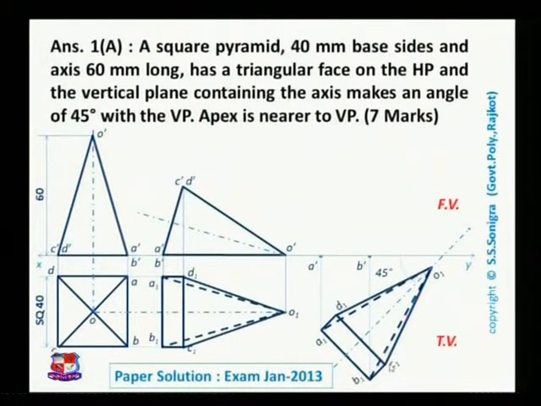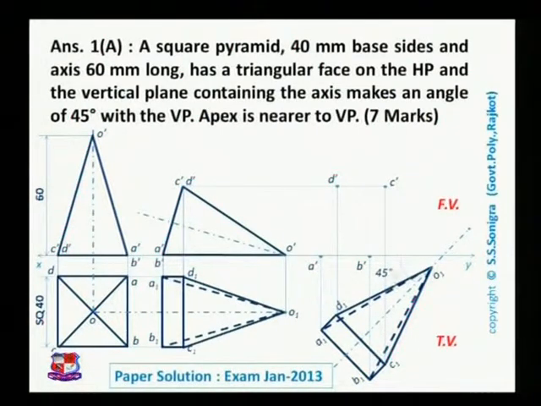Now to locate the position of point C, from point C1 draw a vertical line like this and a horizontal line from point C dash, and both will intersect at point C dash, shown over here. Name this point as C dash. Then point D: a vertical line from point D1, a horizontal line from point D dash, it will cut over here, that is point D dash. So now we have 4 points, A dash, B dash, C dash and D dash.